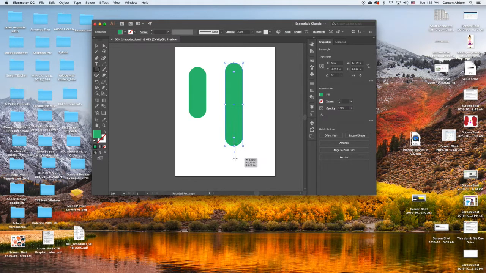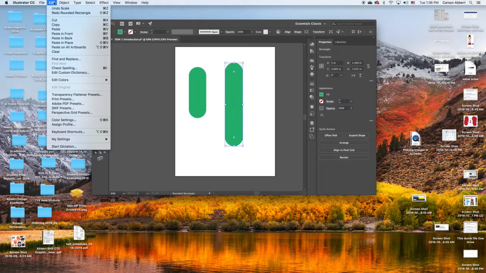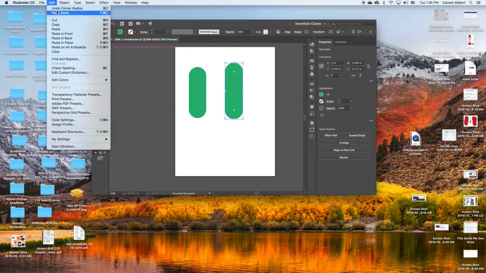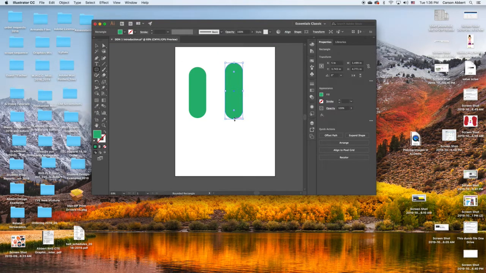Okay. Hey, something to know. If you make a mistake, go to Undo Scale. See that? Also take note. Command Z is undo. So again, I'm gonna stretch this out. But hey, that mistake, fix it right there. Now,